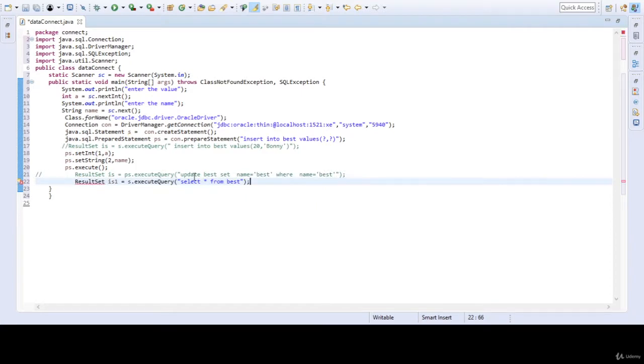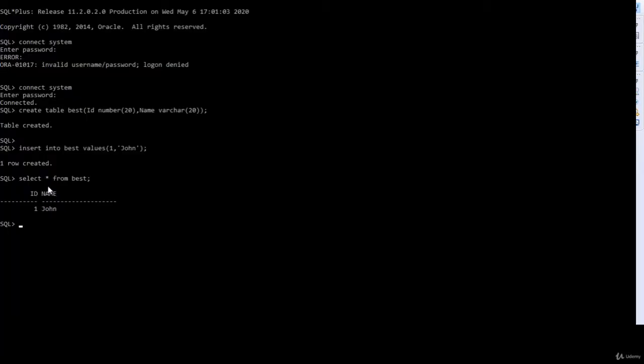So now update base set name is equals to best where name is equals to best, right. This is another object that is executing a query, that is select star from the batch. It does the same job as is done here by displaying rows and columns, right.